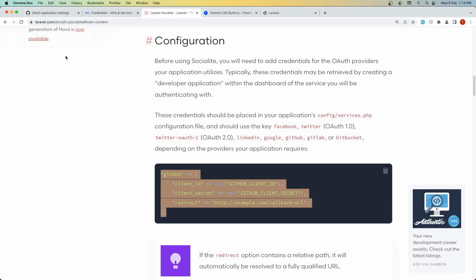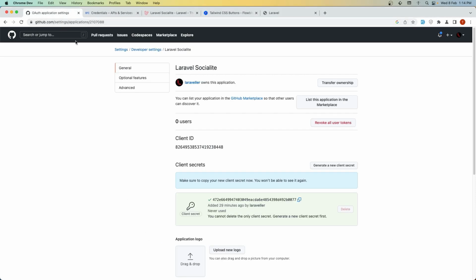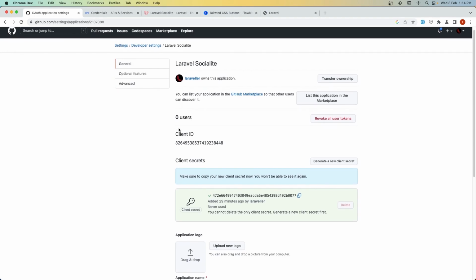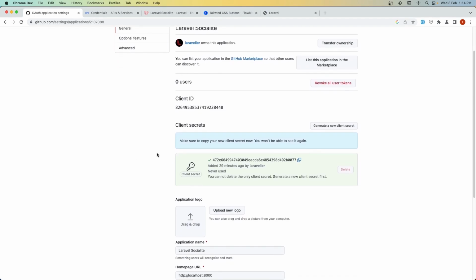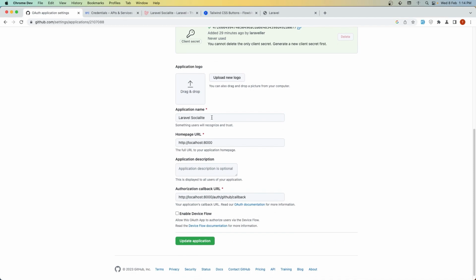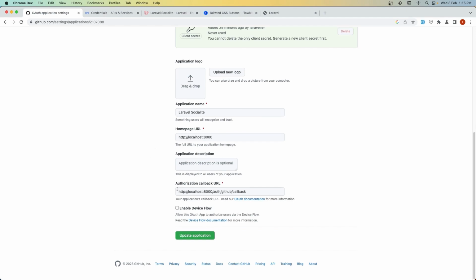To do that, we need to go in the GitHub account and settings, developer settings, and create a new application. And I have created that just to save some time for you. And for the name, I added the Laravel Socialite homepage URL localhost 8000, and I added the localhost 8000 because the Google provider is not working with Laravel Valet. And for the authorizing callback, I added the auth GitHub callback, what we added in the